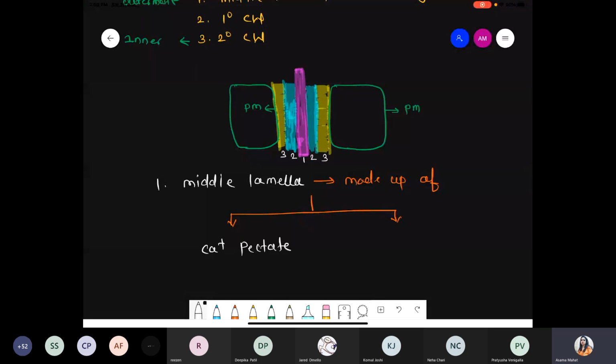First one, calcium pectate, or sometimes it is conjugated with magnesium pectate. Because when we are talking about pectin or pectate, you know very well, these are part of a polysaccharide. Now, to increase the stability of the outermost layer, you must have seen, for example, tomatoes initially